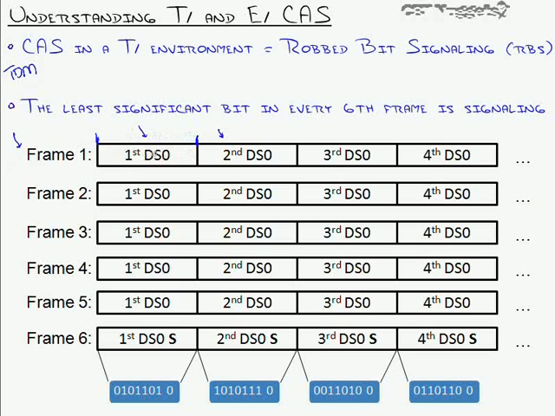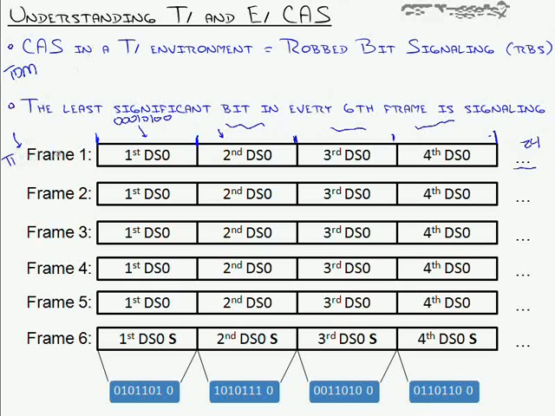We send our first DS0 channel digital stuff. We'll say 00101, whatever digital numbers are in there. Then we have our second time slot right here. Second DS0, third DS0. We've got our ones and zeros and so on. Fourth, this goes all the way up to what? 24, because there's 24 DS0s that are bundled together into T1. Sending those 24 frames all at once is one T1 frame.